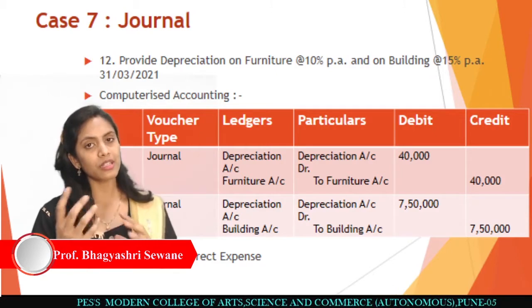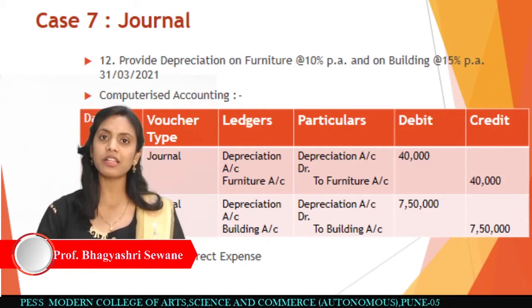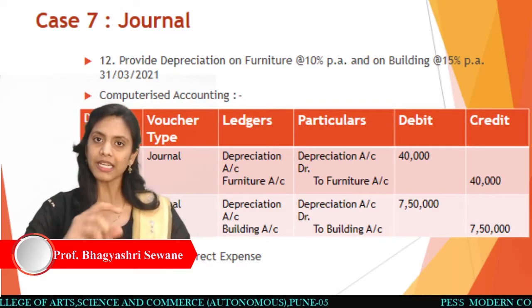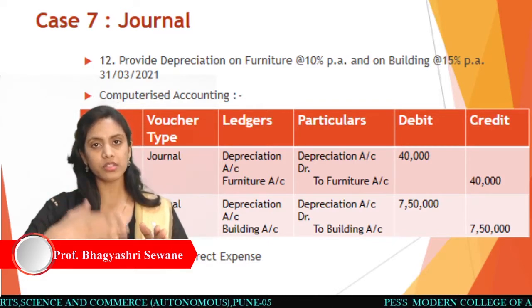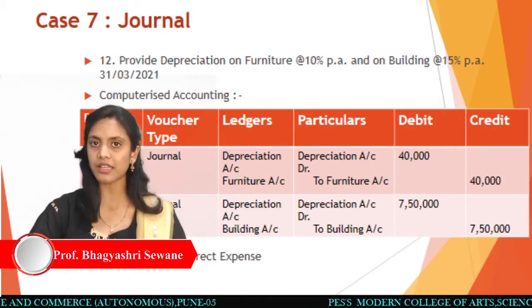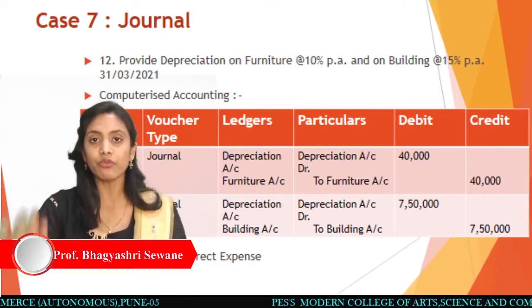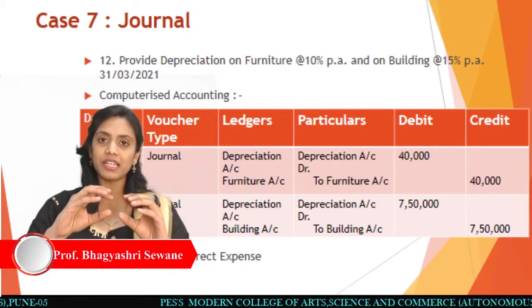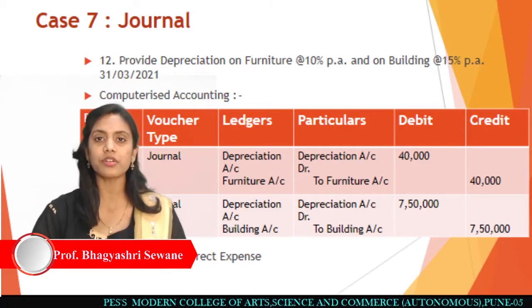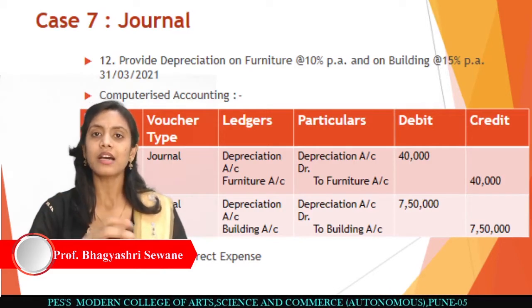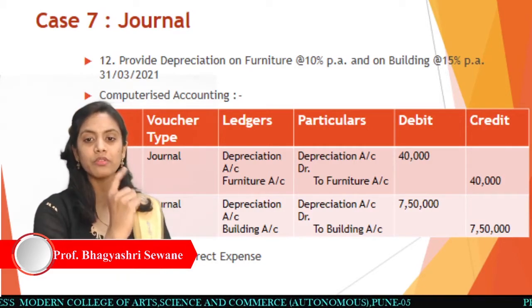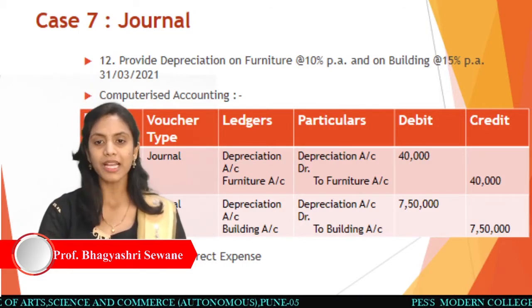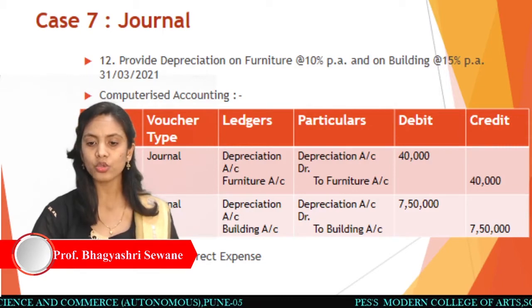So right now in this particular session, we will create the ledgers first and then we will go to the vouchers. We are taking it randomly, simultaneously. In the first session we first created a ledger and then went for a voucher entry. In the previous lecture we went for a voucher entry first and then created the ledgers. Right now we will do it simultaneously. So we will create a depreciation account and a furniture account first and then we will go for the entry. Okay, so let's go to Tally.